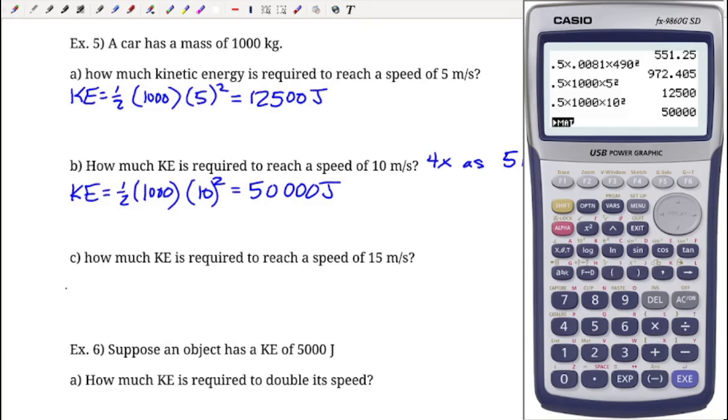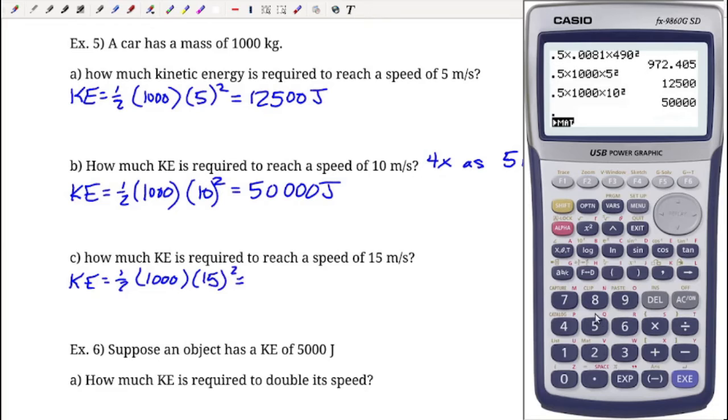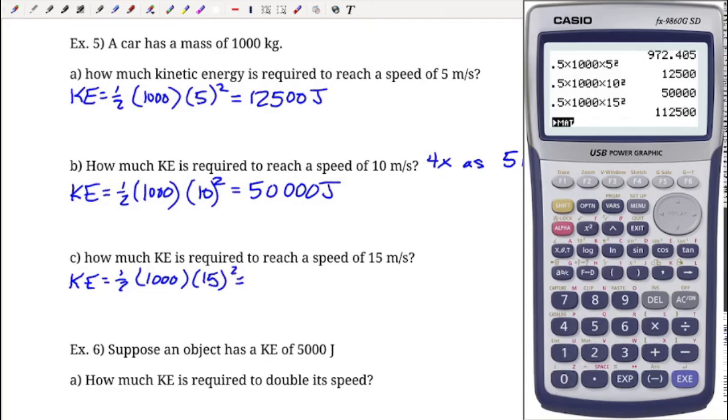Now how about for 15 meters per second? Well, if we plug in that information as well, 1/2 times 1,000 times 15 squared, what's that going to end us up with? Let's see, 0.5 times 1,000 times 15 squared gives us, look at that, 112,500 joules. If I was going to write this as a final answer, I would have to round this to 2 or 3 sig figs, but what I'm trying to emphasize here, from 5 to 15, this is 3 times as much speed, but it's actually 9 times as much energy